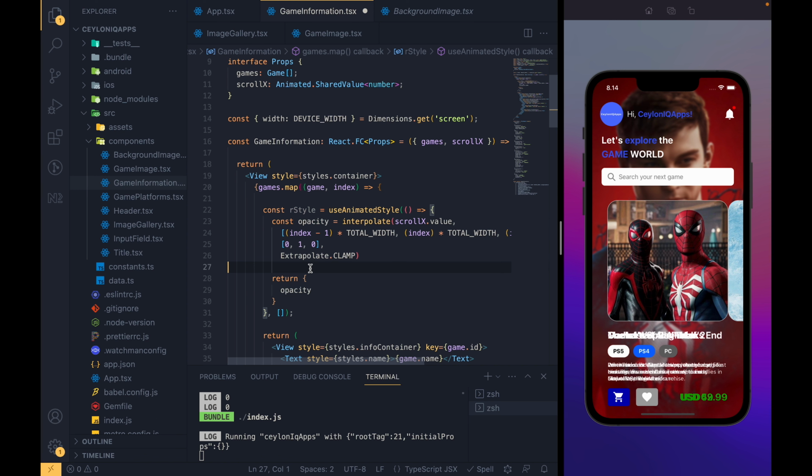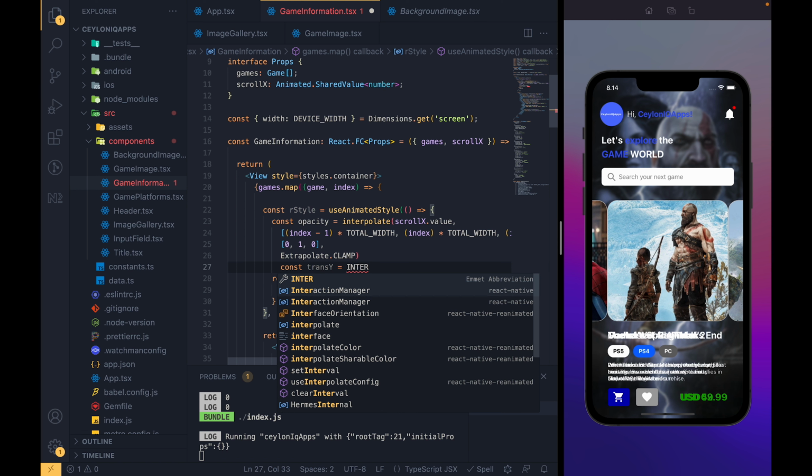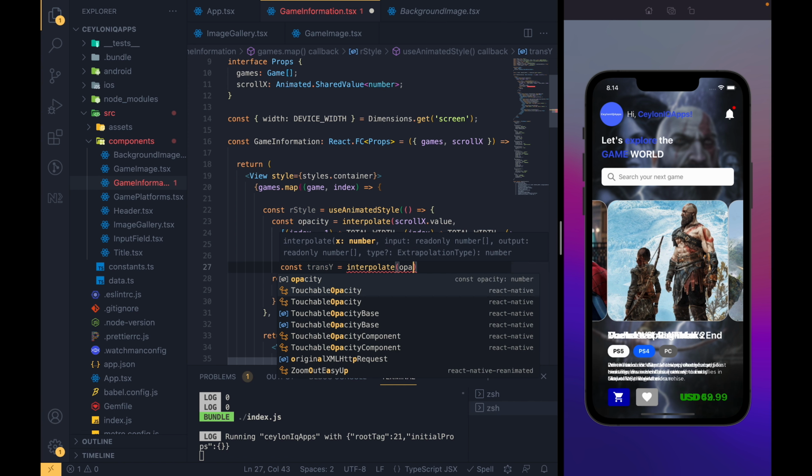And also we can use some other styling here. We can use translateY, because whenever we scroll we need to make sure it comes from the bottom. So to do that, let's interpolate the opacity,